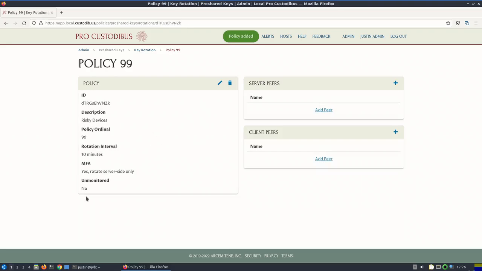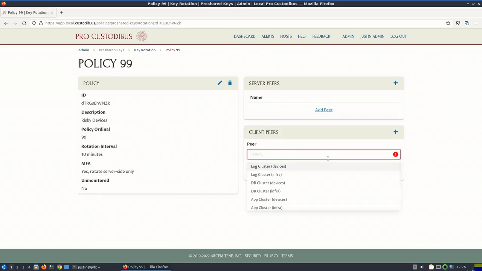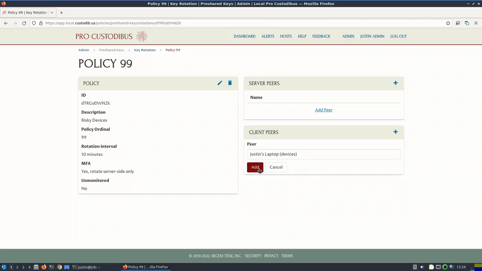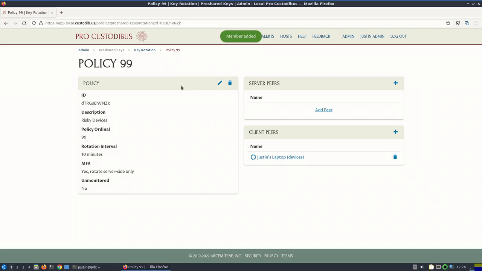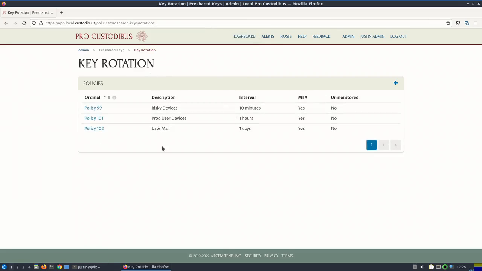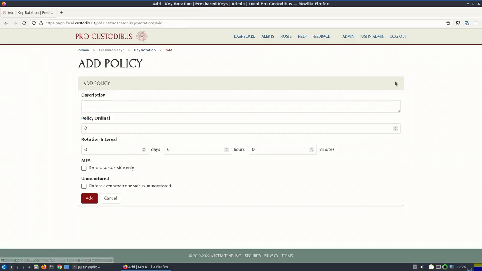Click add, and now we can specify the client peers that we want to apply this policy to. And I'm going to apply it just to Justin's laptop here. And now if we wanted to create a key rotation policy just for our infrastructure to infrastructure connections where we